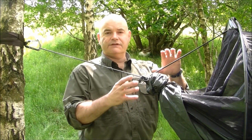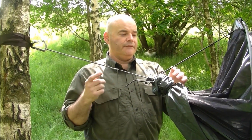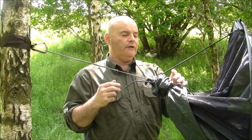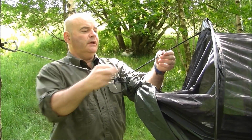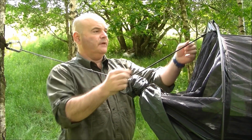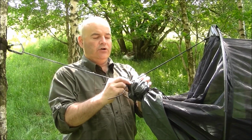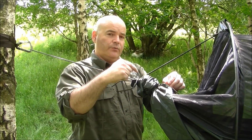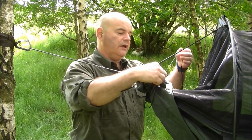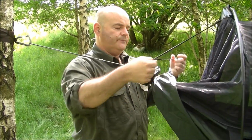Okay, so in regards to the end of the hammock itself, we've actually set this quite high for the purposes of filming, so we can see what's going on. But the hammock itself, where the loop is in the top, it's got this elastic shock cord here, and if you tie it through the top loop and then bring it down and actually tie it onto the end here, that actually helps to support that end a bit as well. But what I really wanted to show you was this. Now I'll untie it because I've actually tied it up for now. So if I untie this,